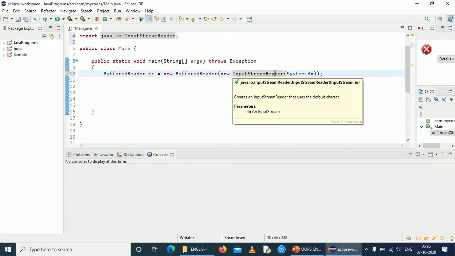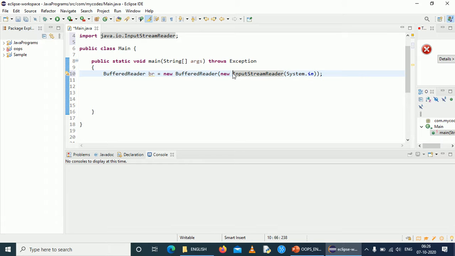So input stream reader is a class that gets that byte stream data and converts it into character stream. So only then it can be used by the program. So input stream reader will convert that byte stream to character stream and then forward it to buffered reader. So buffered reader will be able to read that character stream data and store it in a buffer.